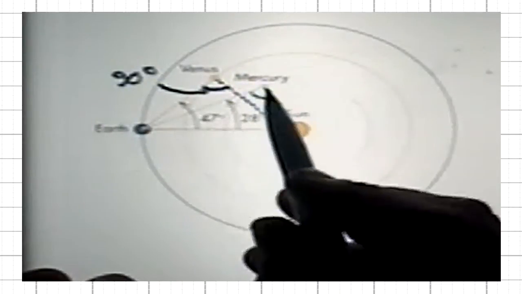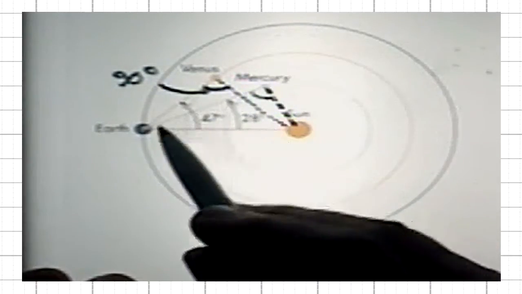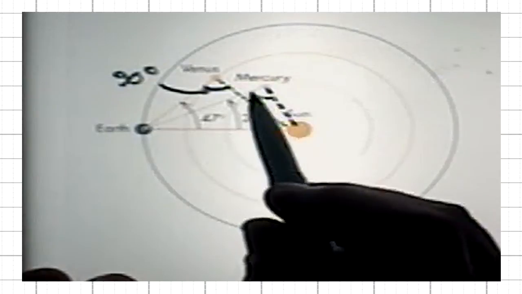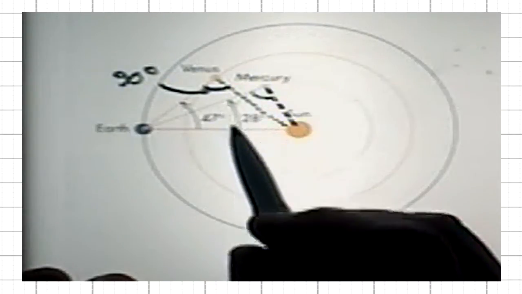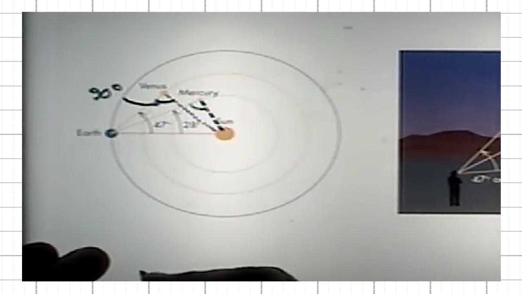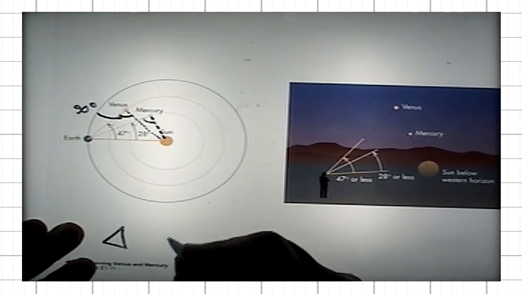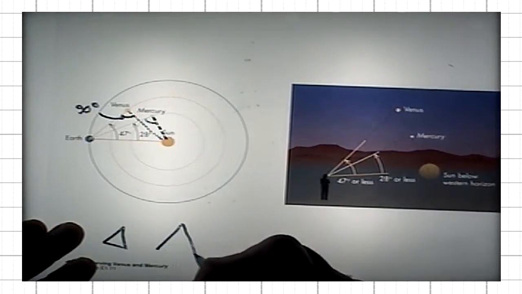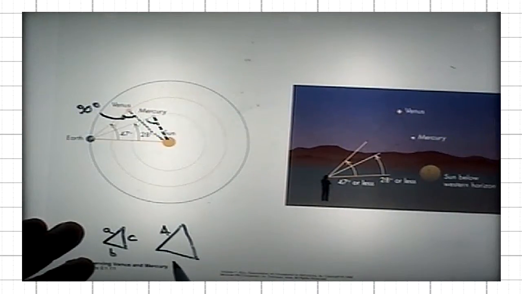So once you have a right angle triangle and you can measure one angle, like here 28 degrees for the Earth, Mercury, Sun triangle, you know the other angle, which is 90 degrees, and then you know the proportion in which the two sides of the triangle are, based on similar triangles. Because similar triangles are triangles of any shape that have all the angles the same. That is, their sides are parallel to each other. So if I have these two triangles with identical angles, and I have three sides on one of them and three sides on the bigger one,